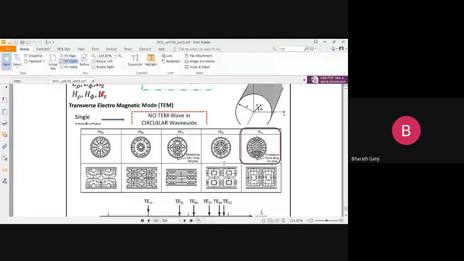Right. So these are the mode fields for the circular waveguide. These are the things which we have seen. So in the circular waveguide, if you look at these mode fields, what I can say in the mode fields,